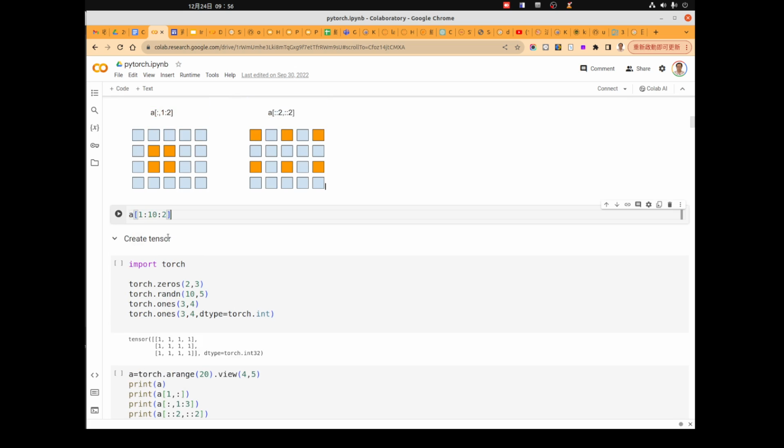It means that we will select the first element, then 1, 3, 5, 7, 9. Those 5 elements out of an array of 10 elements.